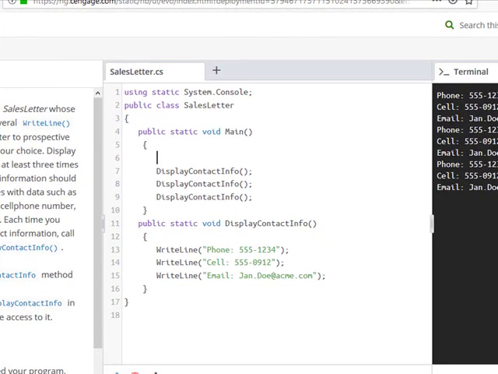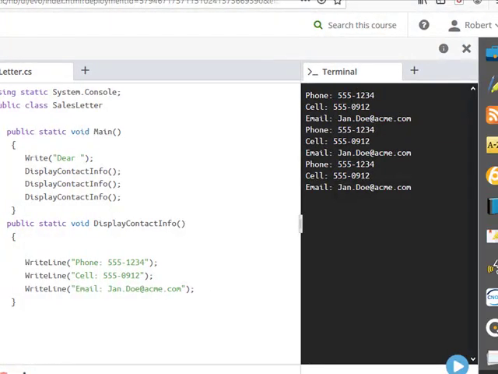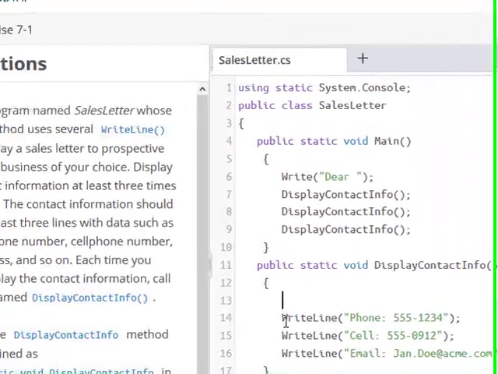Let's have a write statement where we say, dear, okay, and this time let's have a write line statement that says,